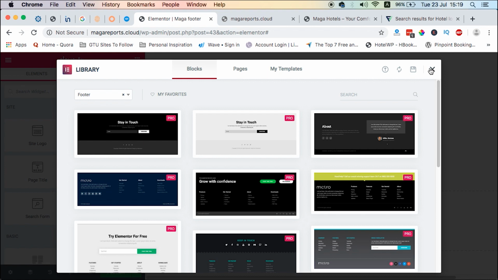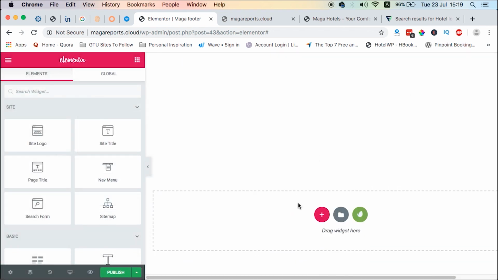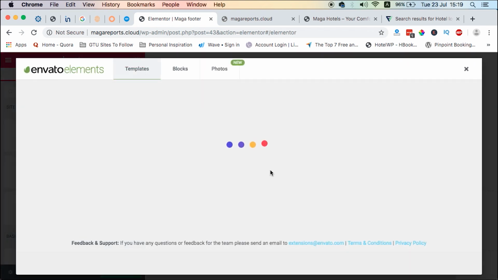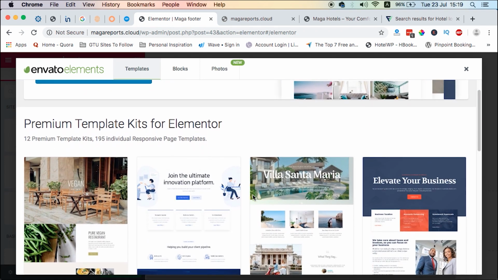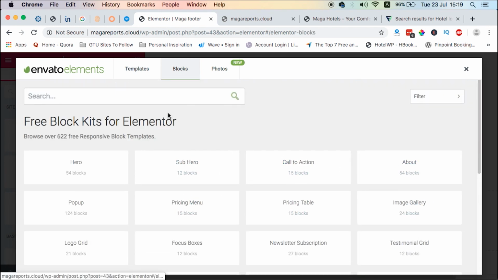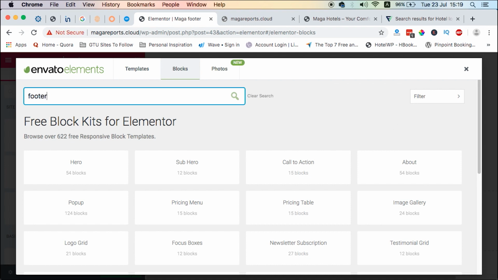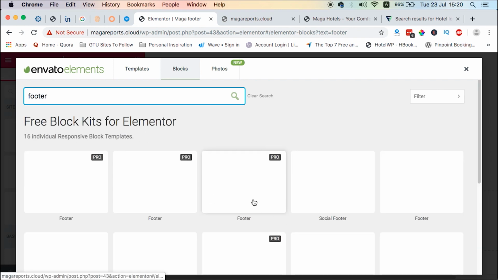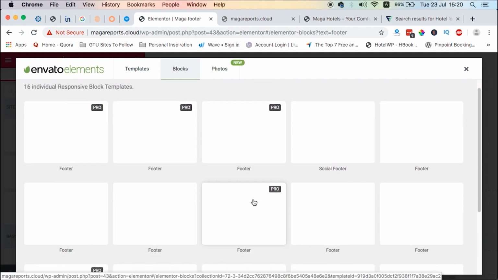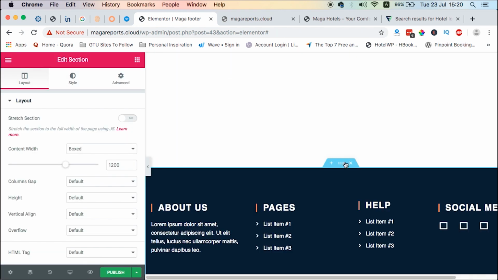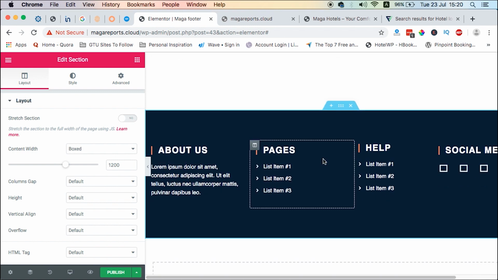So I simply have to close this, and then I come down straight here, click on the green icon, and that green icon will start loading the elements from the Envato template kit. And then I have the opportunity now to head over to blocks, navigate through and look for the footer blocks, or I simply have to come to footer, search, and it will bring the different footer templates that are in Envato. I'll just simply select this, and boom, we are here and we have our template now fully loaded